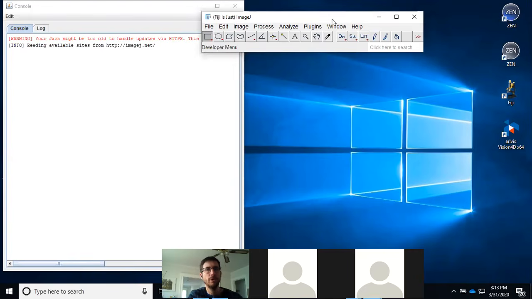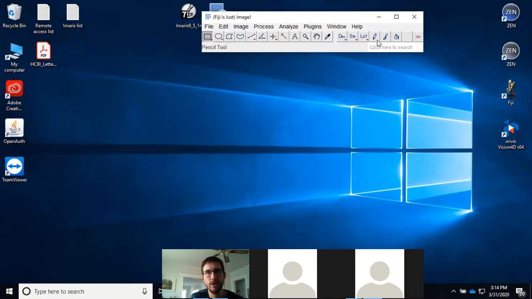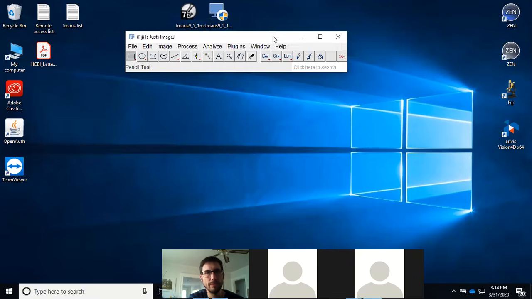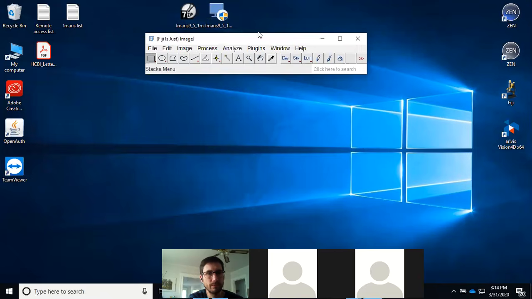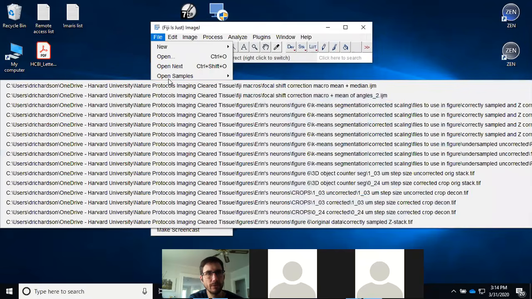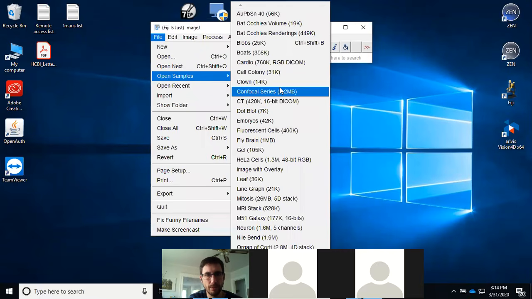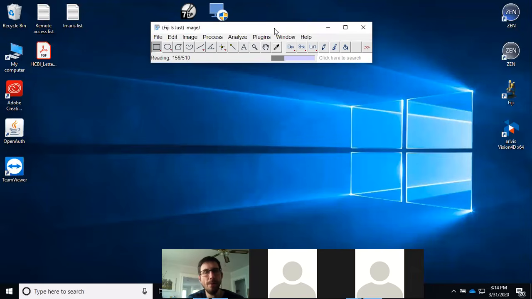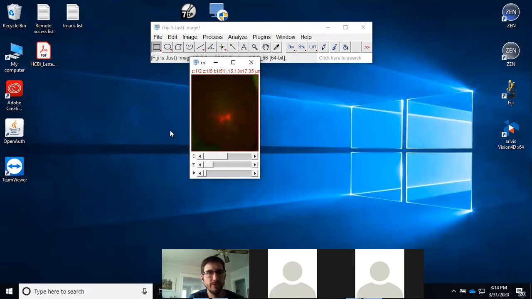Okay, so what I want to do next is just load a couple of images here and just show you a few of the basic functions. So this little simple bar is all you get with ImageJ. And what I'm going to do here is I'm just going to go to one of the sample images. I'm going to get this mitosis sample. So this is a good image to play around with